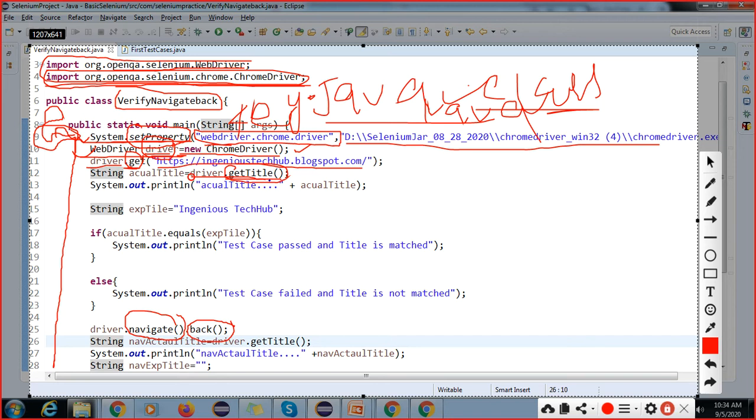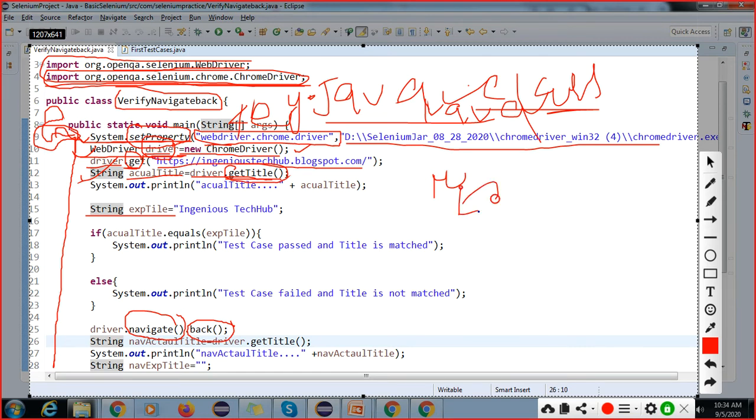Now getTitle is a method which I am going to access from this only. What is the return type of getTitle? A String, and this is your reference variable, and we are storing it here. And this value, right, if you do testing, one URL is there, and if you want to test this, how to test this?